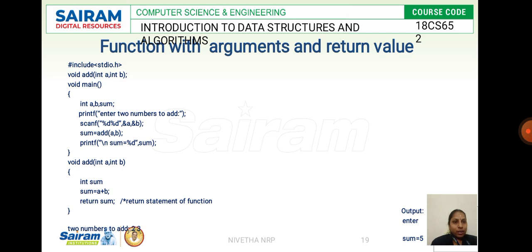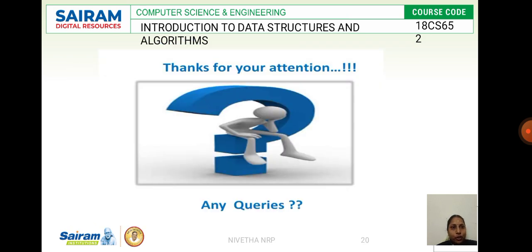This is an example for function with arguments and no return value. Then we'll see the fourth case, which is functions with arguments and return value. So you'll be passing the argument in the main function, to the called function, and you will be getting the return value from the called function. Okay, so you have int a comma b, and sum you initialize that. You pass the argument here, sum is equal to add a comma b. So when it goes there, it comes to the called function, add int a comma b. So what you do here, sum is equal to a plus b. So the values of a and b will be given here, and it will be added, and it returns the sum to the main function. So you're passing the arguments, and you're getting the return value.